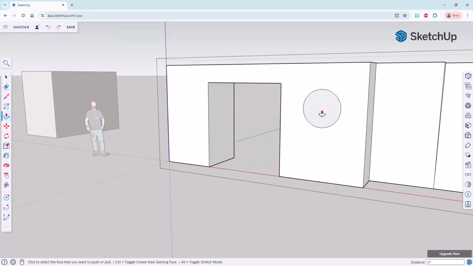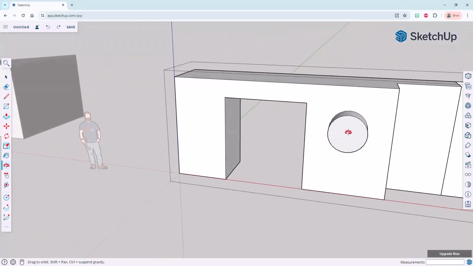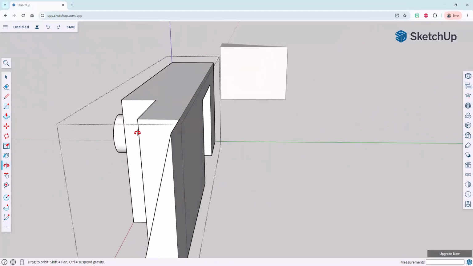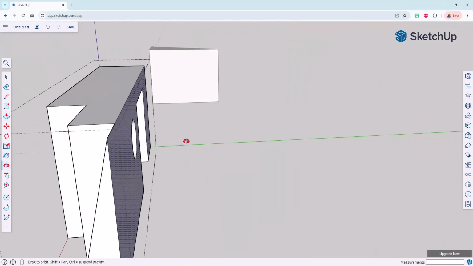So I'll go ahead and click on it, and notice how I can actually bring it forward if I wanted to, but I'd like to move it back. But here's what I'm going to do. I'm actually going to orbit all the way to the other side while I'm still holding that down and then keep bringing it over. And now it's going to find that surface and I can push it past, but I don't want to do that. I want it to be right on this surface. So when it tells me on face, I click